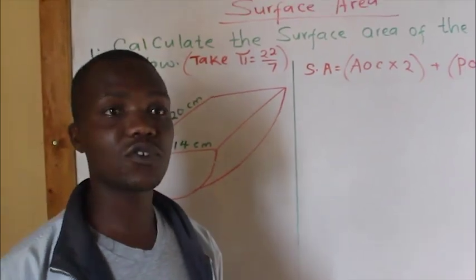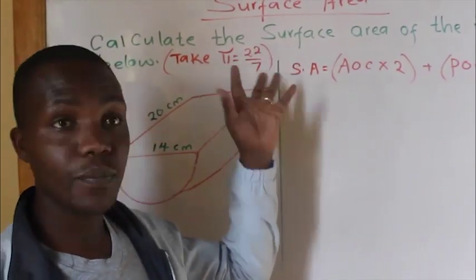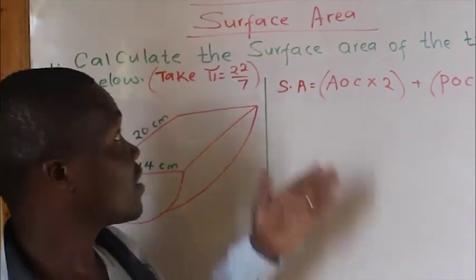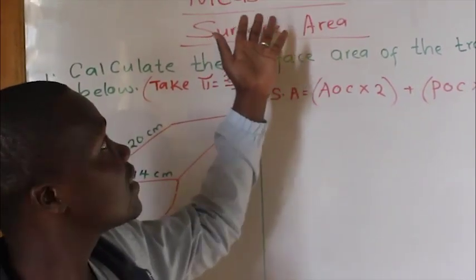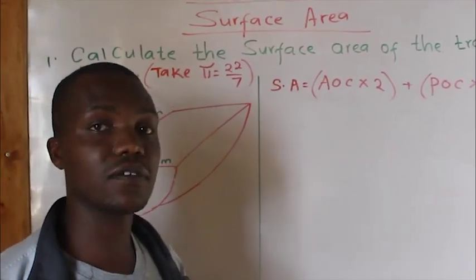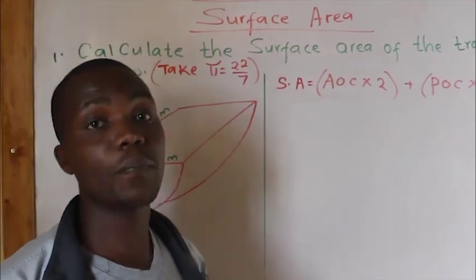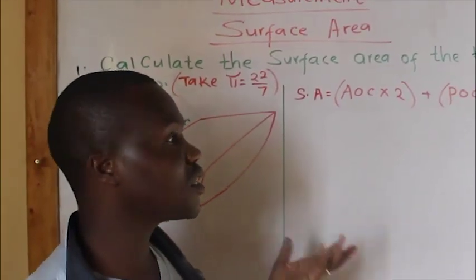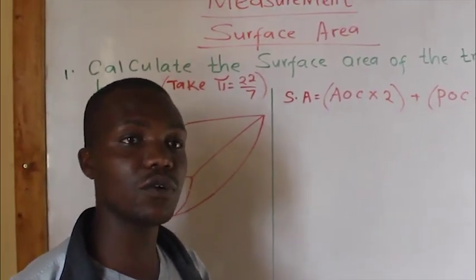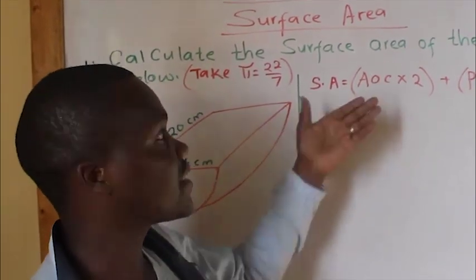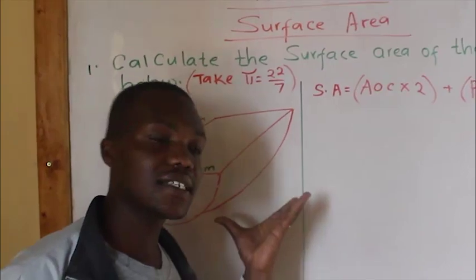But today we are going to tackle a very important area in mathematics, that is the surface area. So surface area is under measurement. The surface area is a wider part of a subtopic in a measurement. And therefore today, because we don't want to talk about the surface area of the cubes or the cuboid, specifically today we are going to tackle the surface area of such figures.